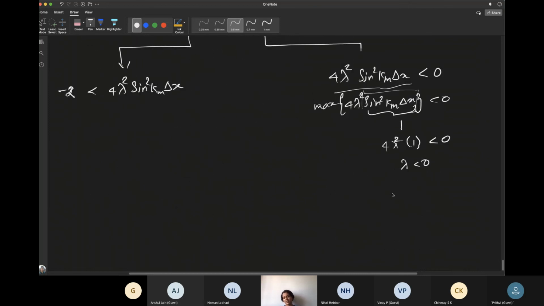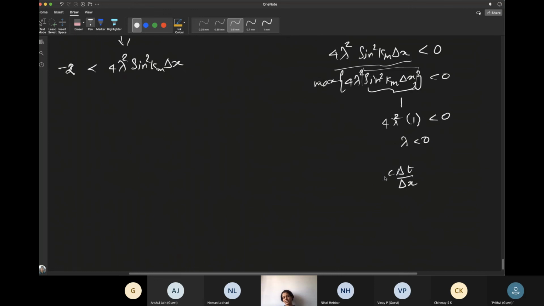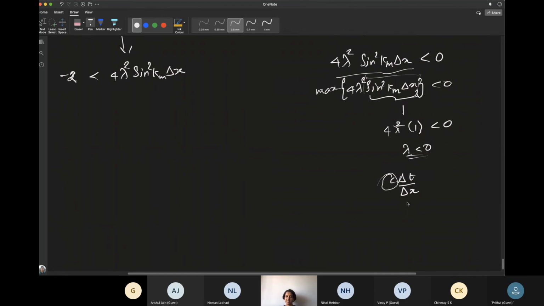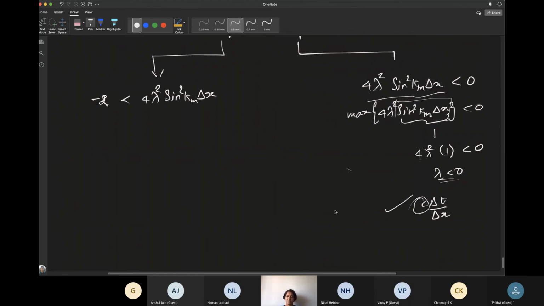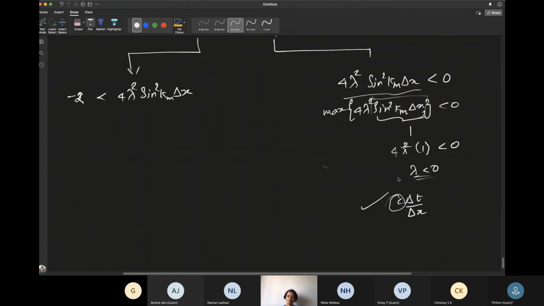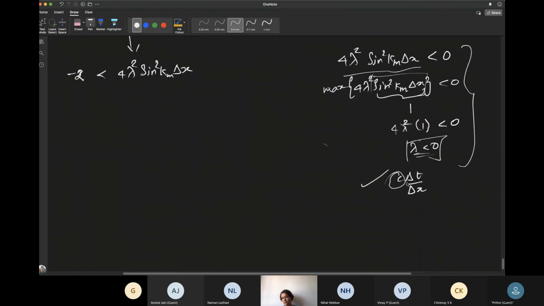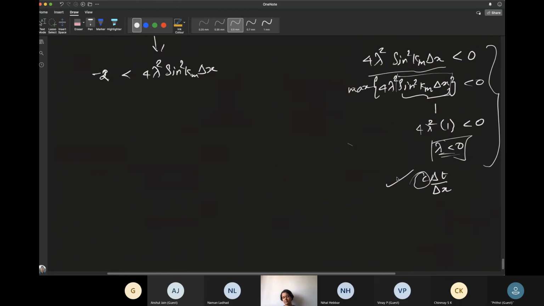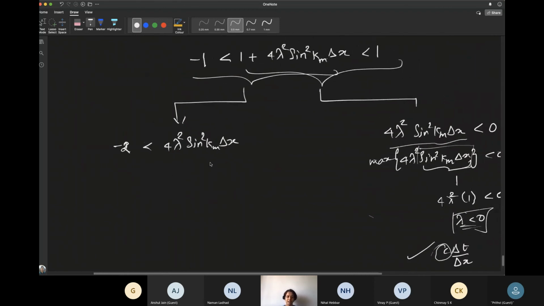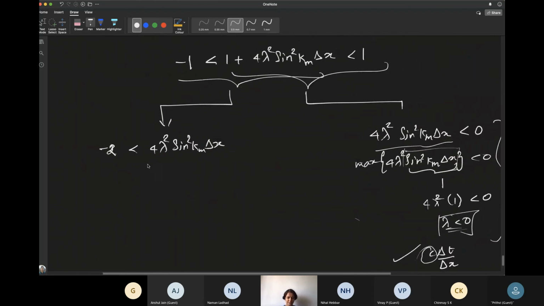But what is your lambda? It is c delta t by delta x. So unless your c is negative, lambda cannot be less than 0. This is one side. So for stability, we require lambda to be less than 0 from one side. So that is not possible if your c is positive. And here what do we infer is